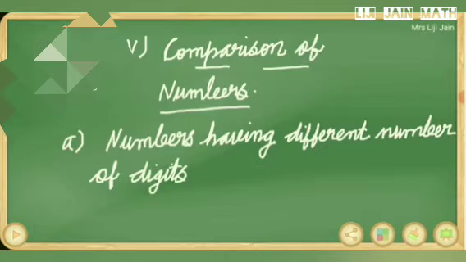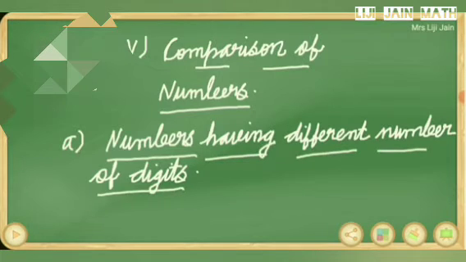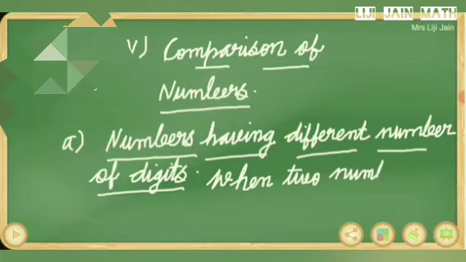So first let's discuss the case of numbers having different number of digits. So please write, when two numbers have different number of digits,